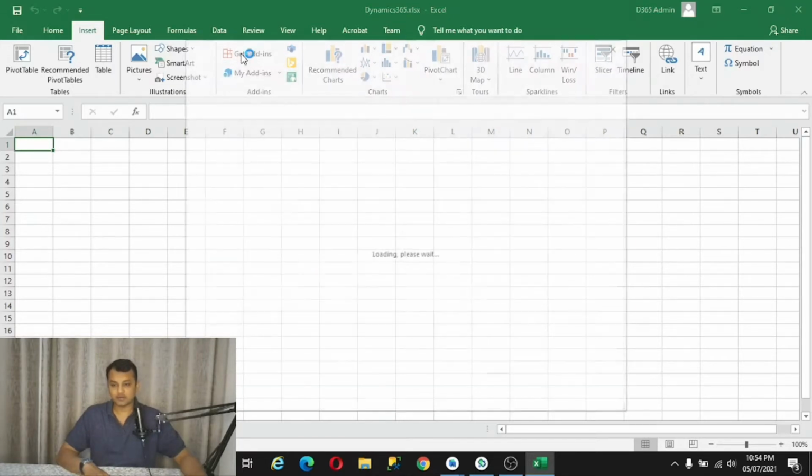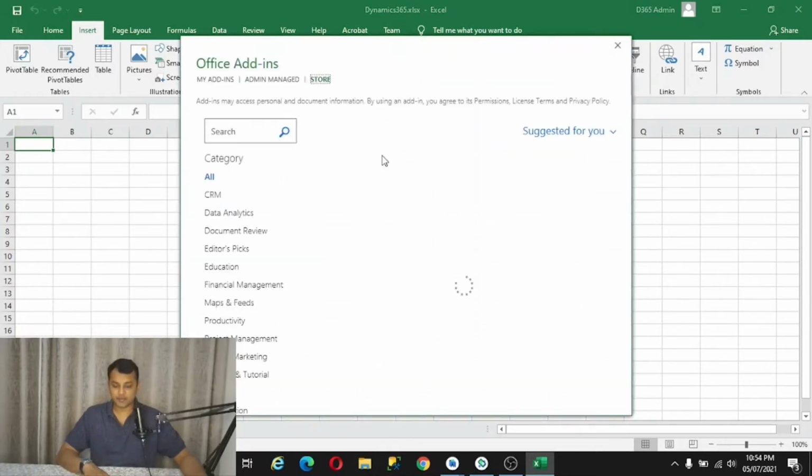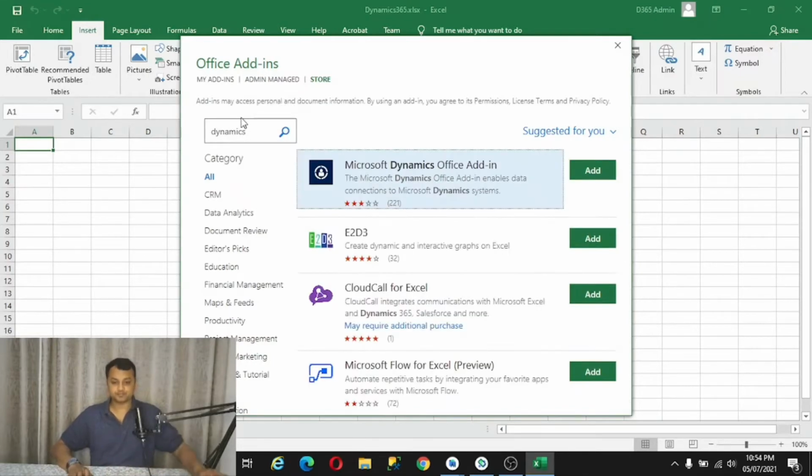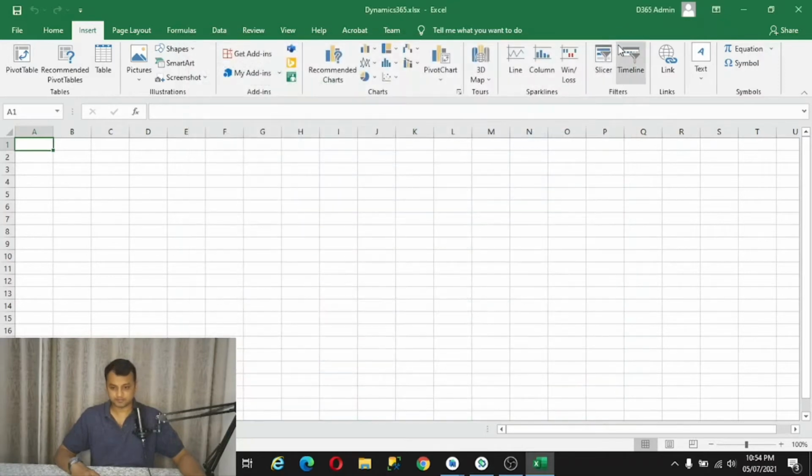After going to Insert, click on Get Add-ins. Once you click on Get Add-ins, you need to search for Dynamics, and the first one you see is Microsoft Dynamics Office add-ins. Click on Add, and this add-in will be available for you to utilize.